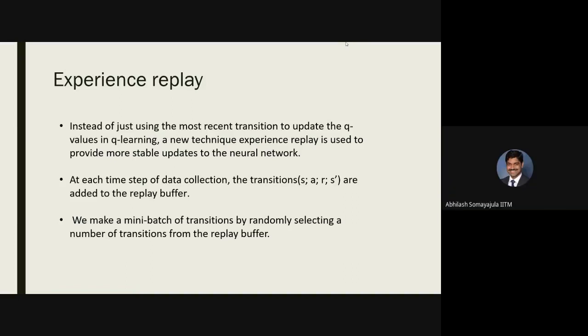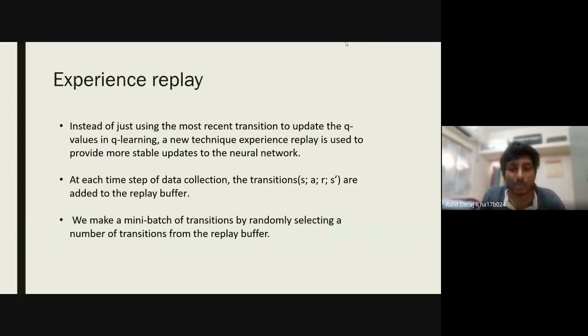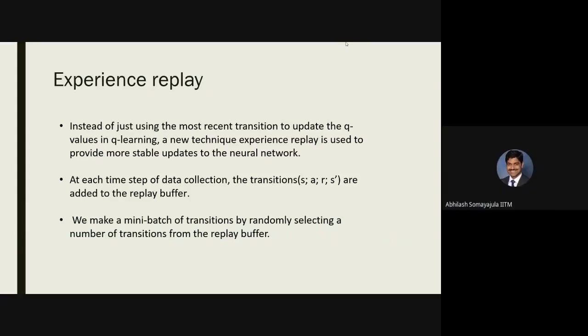I think what you want to say is, as you take one action, they're correlated to each other. If I take only the actions from one run rather than randomly picking from all the different episodes, then I will be biased towards that one run which I made in the end. And that need not always be the most optimal policy. It may bias my model to behave in a certain way, which may not necessarily be optimal because of those correlations.